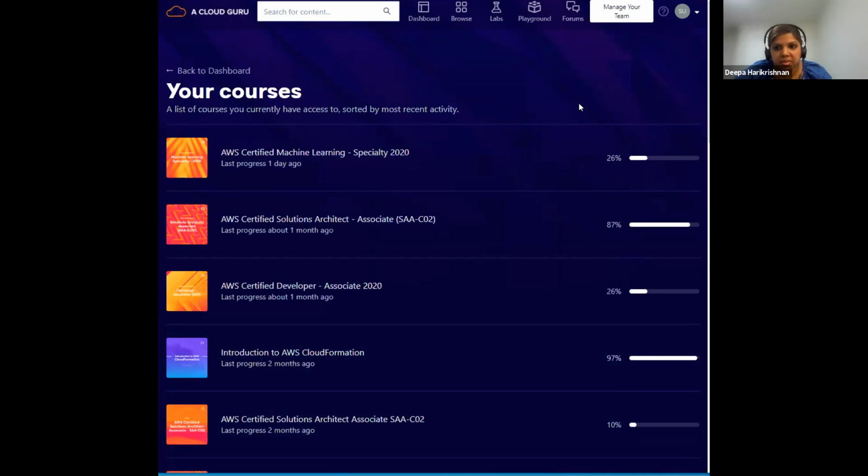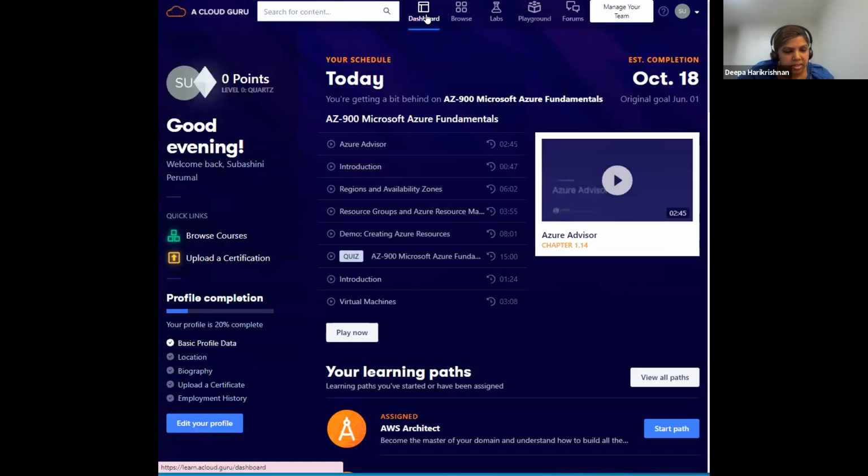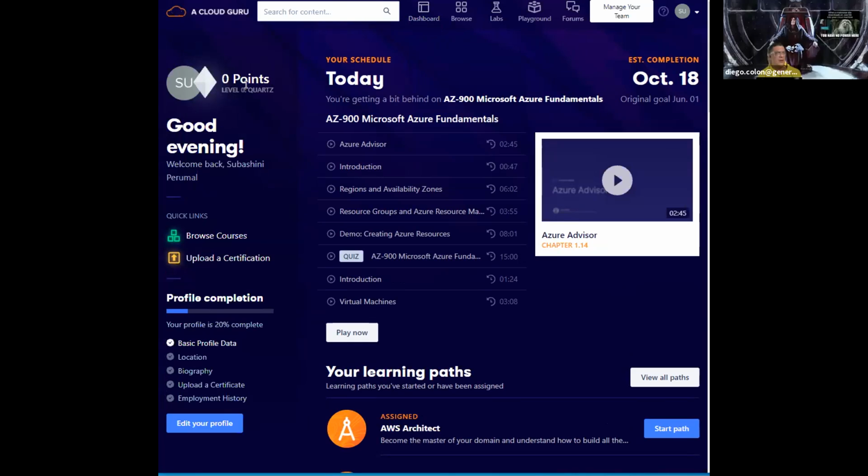No, like if you go up, there is, besides your, on the left side, there's like 0 points, level, quads. Even I have that, it's like 0 and quads. So is it related to the courses that we do? No, I think that's